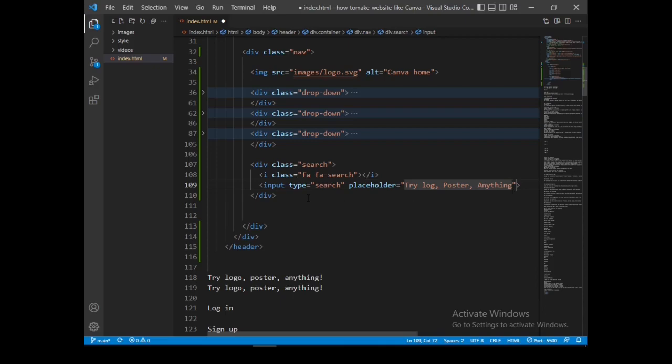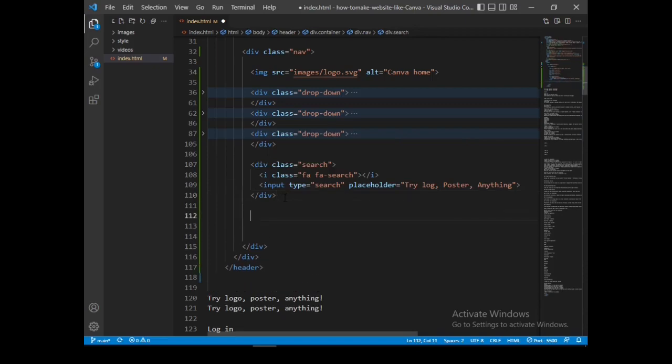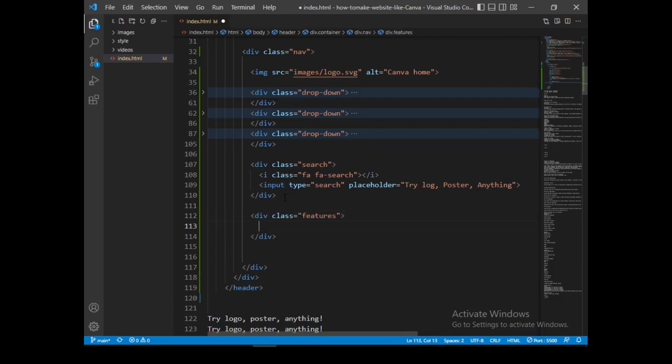Now we close that one, and after that one, I'm going to create another div which I shall call features. Then let's have the question circle. So I'll use Font Awesome.